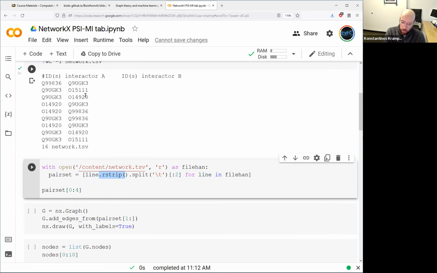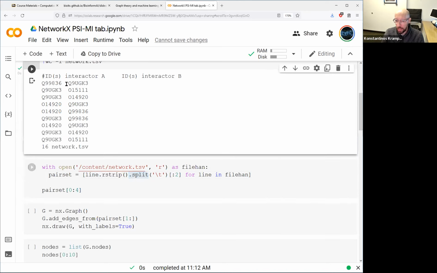So these are Python methods, right? You just chain them together, one method after the other. So remove the new line. Here it doesn't matter so much, but if we were to print out where we parse, then we wouldn't want those extra new lines there. But it's always good to do rstrip, remove the new lines, and then do a split,